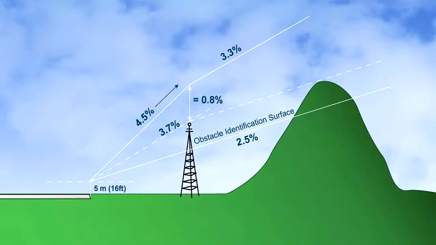The PDG is made up of a 2.5% gradient of obstacle identification surfaces, or the most critical obstacle penetrating these surfaces, whichever is higher, and 0.8% increasing obstacle clearance. A 2.5% gradient equates to 152 feet vertically for every horizontal nautical mile. The more easily remembered figure is 200 feet per nautical mile for the 3.3% standard PDG.